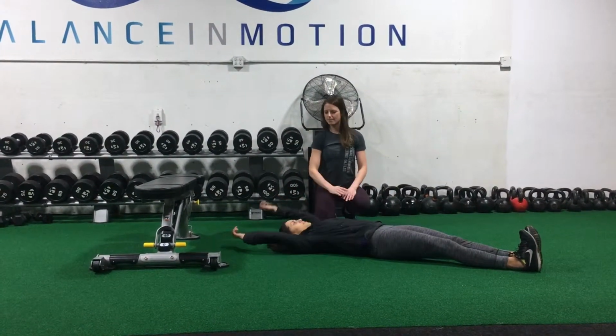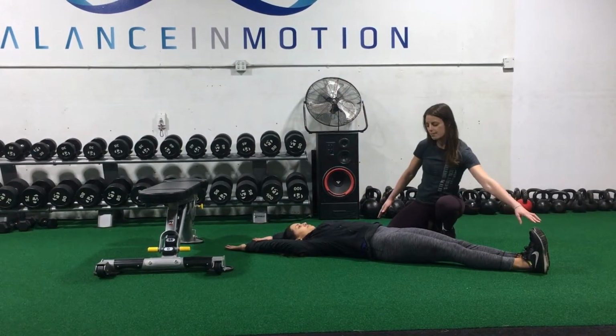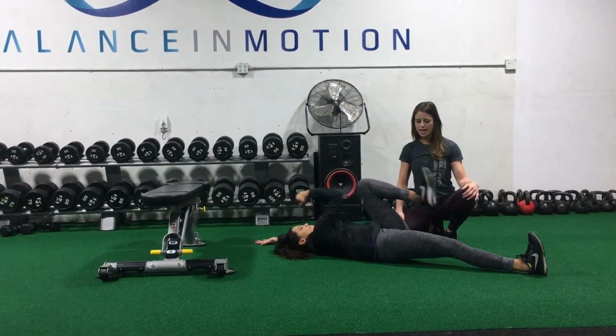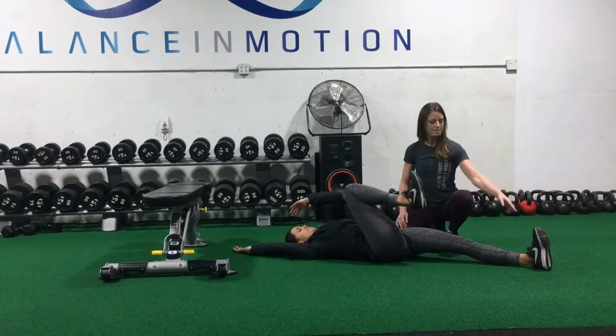And so getting somebody to have their arms over their head, legs straight. It's important to watch the feet position here. So we're going to be doing the exact same thing as bringing the knee towards the opposite elbow. And so as we do that, we're looking to try to go as far as we can,